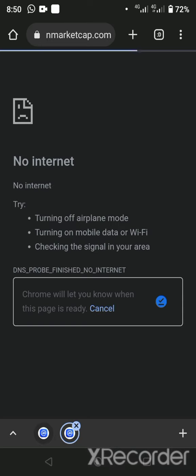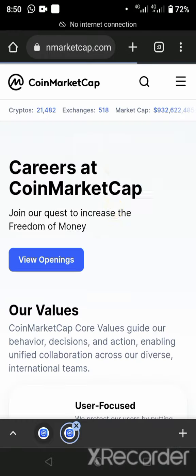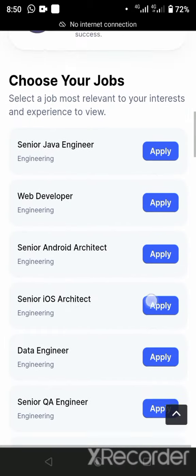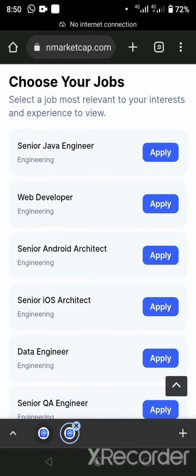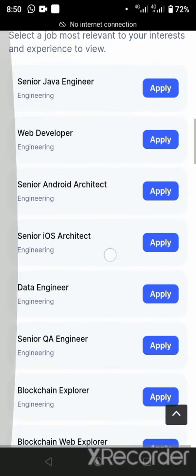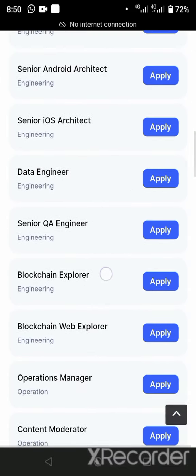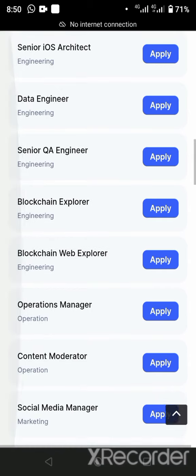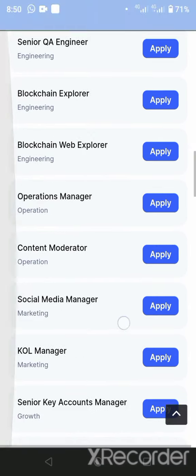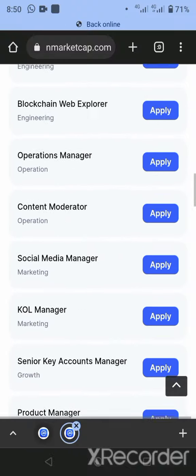My network is acting up. Okay, let it open. All right, this is it. These are the available positions: senior Java engineer, web developer, senior Android architect, senior iOS architect, data engineer, senior QA engineer, blockchain explorer, blockchain web explorer, operations manager, content moderator, social media manager. Just name it. Different positions are available.